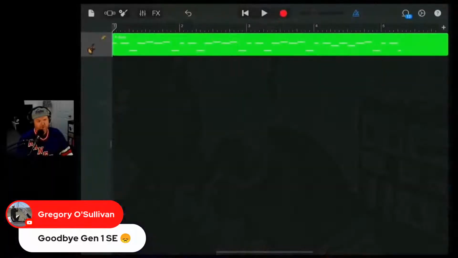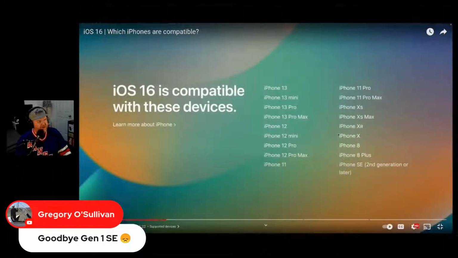G'day to anyone who has joined us here. Gregory O'Sullivan, goodbye, Gen 1 SE. So yes, as you'll notice, we probably didn't go through the list there as much, but you can see there